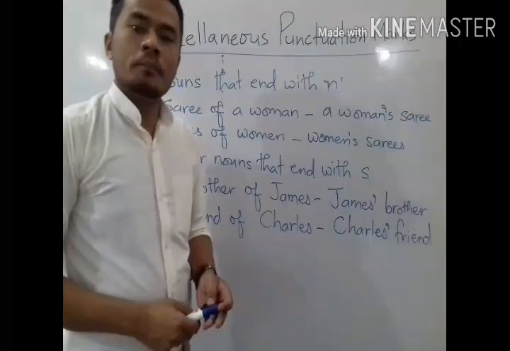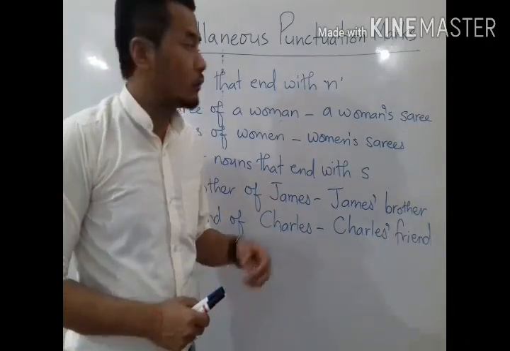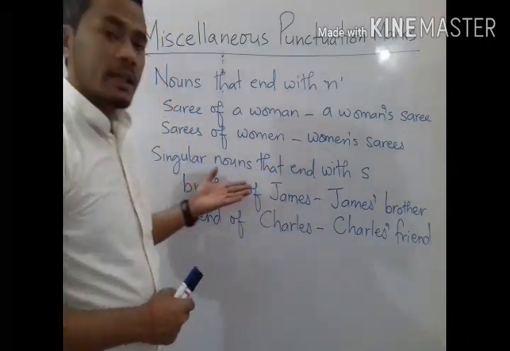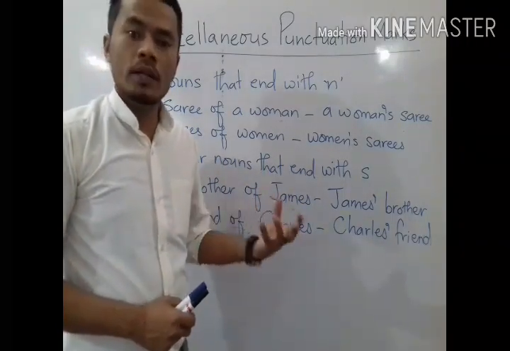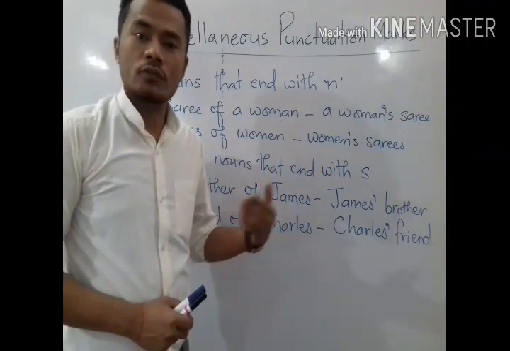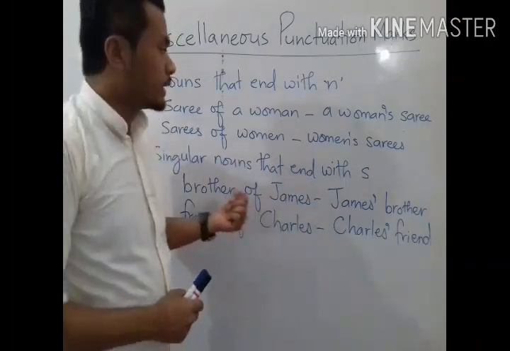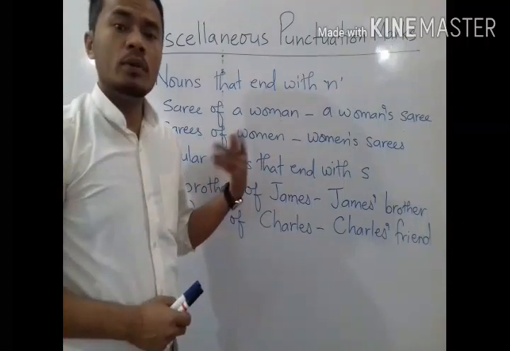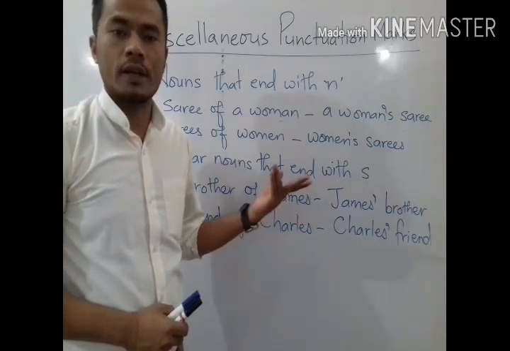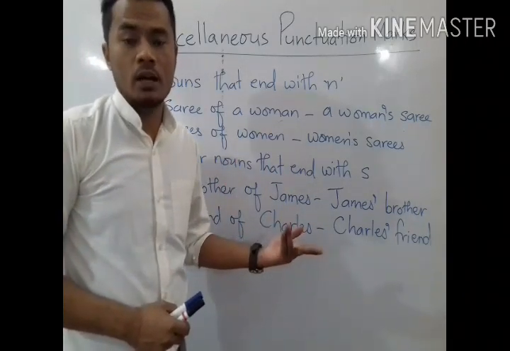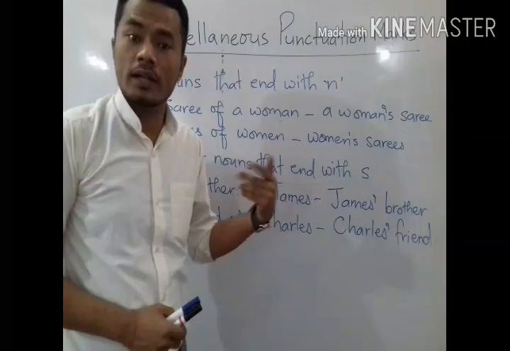Another important point to understand while showing the possessive case of nouns using an apostrophe is that, as I told you, with singular nouns we use apostrophe s, and with plural nouns we use just an apostrophe after the plural noun. But this is not applicable to all nouns. In the case of those plural nouns that do not end with s, we have to use apostrophe s again in the plural case also.